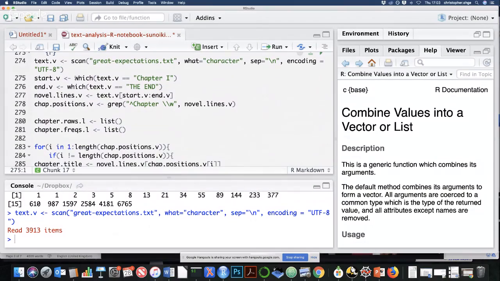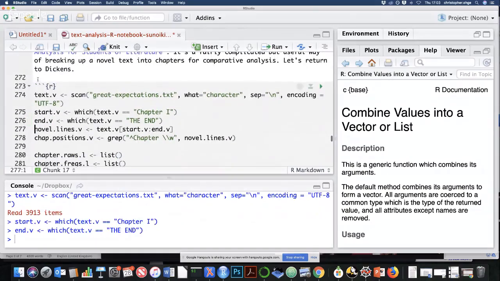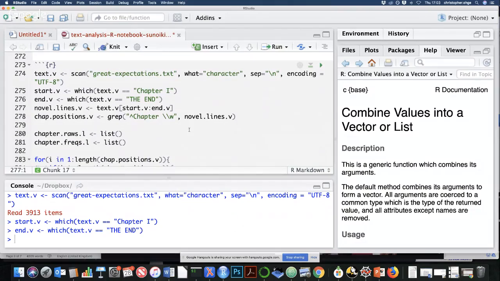What we're doing here is using the which function again, which says find me the string that starts chapter I. So here again, we're just finding a literal equals operation of find me this string in the text. And that's the start of the text. And then we've got the end of the text, which of course ends with the end. So we run these two, and now we've got 2 objects that indicate the start and the end of the